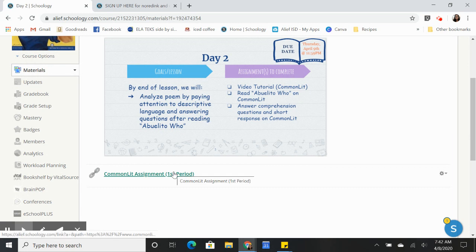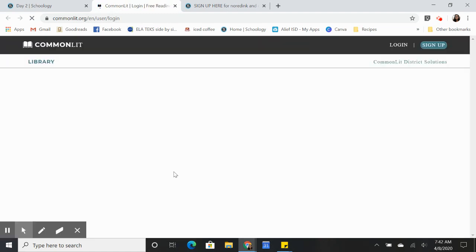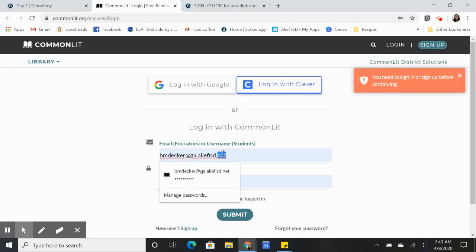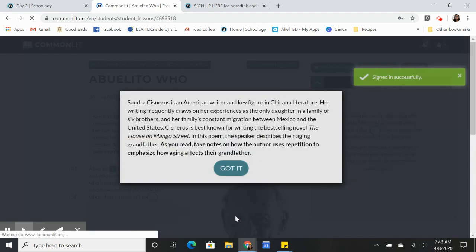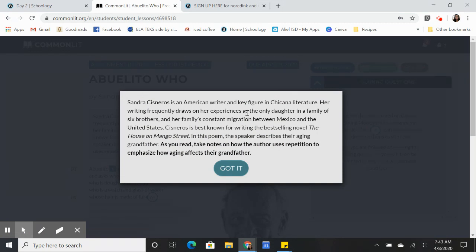So whenever you click, I have put the link here on the day 2 tasks. Whenever you click it, it should open in a new window and it should make you log in, okay? So you should have your username that was created on your behalf per CommonLit. Yes, I am using Mr. Decker's name as a student. So I will submit, and with the link from Schoology, it takes you straight to where you need to go,